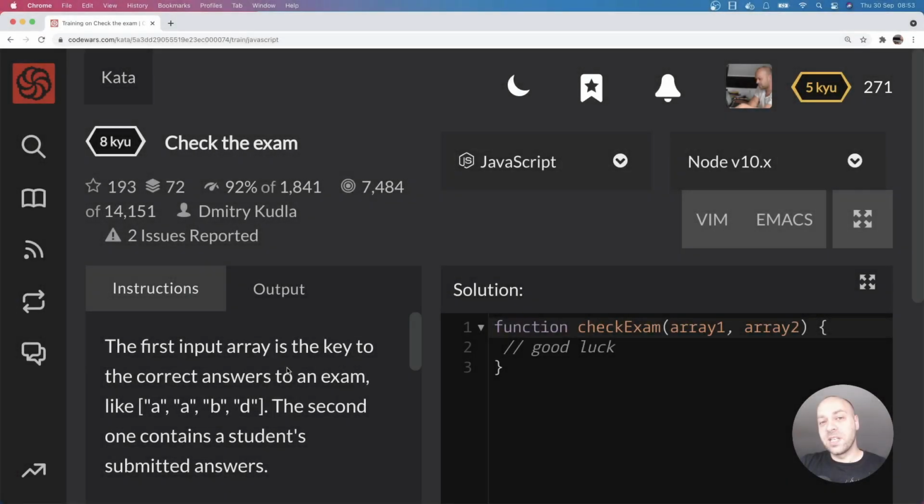So in today's web dev tip, we're going to do another Codewars coding challenge, and I quite like this challenge because it mimics something that you would actually do in a real world application or project. And what you're asked to do is basically write a function that checks someone's results for a particular multiple choice questionnaire. So this kata is called check the exam,